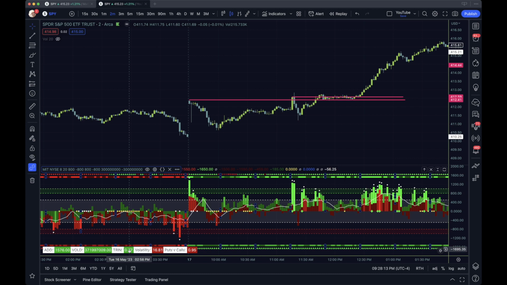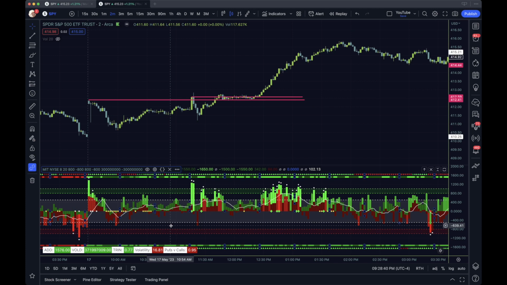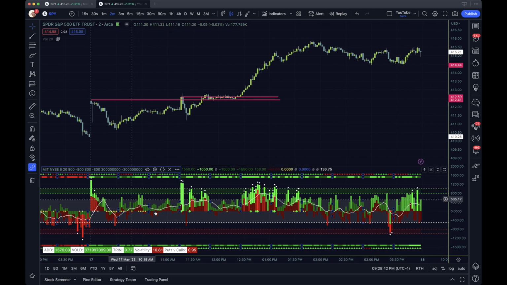So if it's going above or below its 20 SMA, it will go green or red. Since TRIN is inversely correlated, it's green when it's moving down below its moving average, red when it's moving above. And then you've got puts and calls, and you also have ticker symbol VIX for the volatility. I did not find a way to really incorporate VIX, but as you know, if you've watched my other videos,